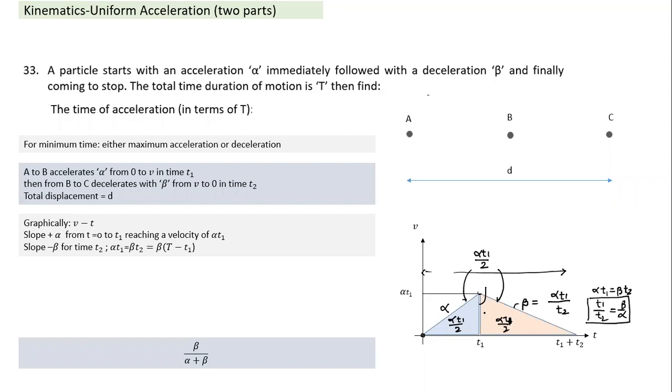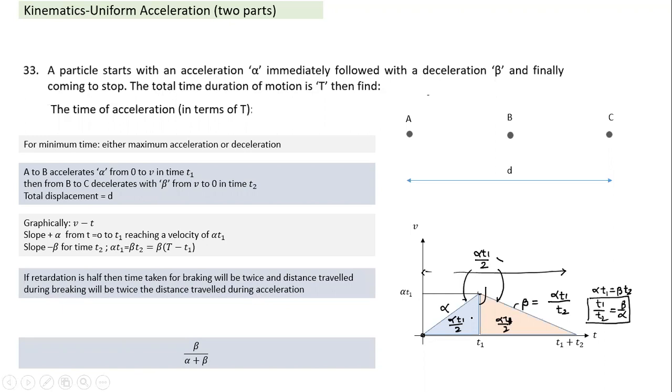Since both the average velocities are equal, if I travel from A to B with a certain average velocity and B to C also with the same average velocity, then for the total journey A to C the average velocity will also be the same. So what is the average velocity in this case? Average velocity is equal to alpha T1 by 2. Okay, so this is another point we can keep in mind. Retardation is half the time, of the total braking time.